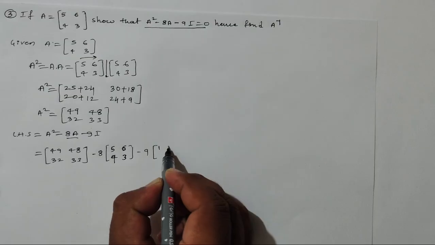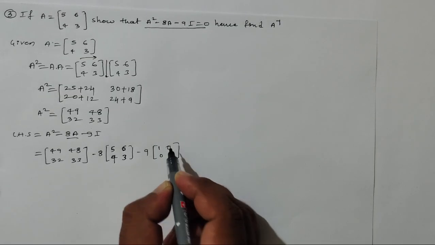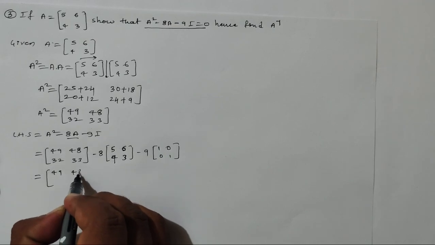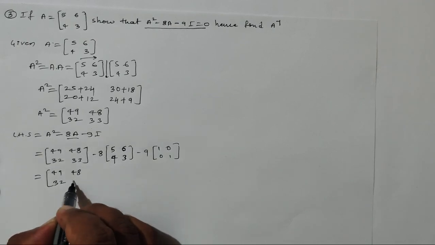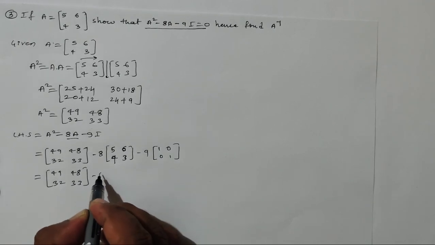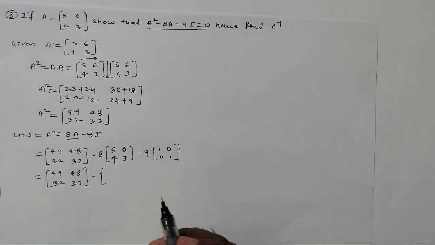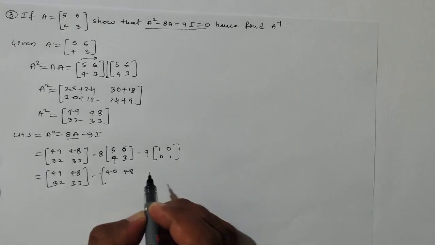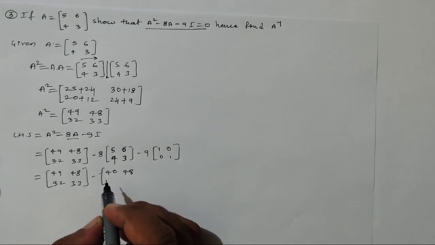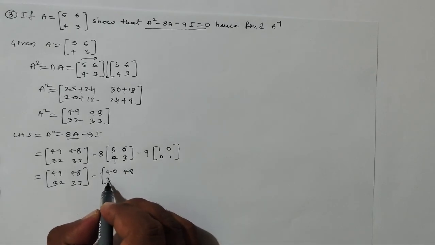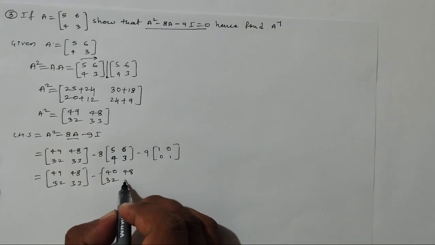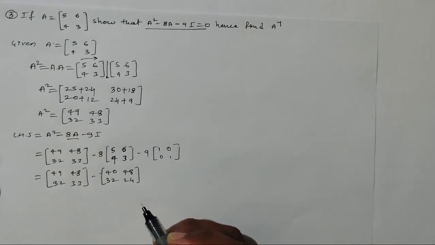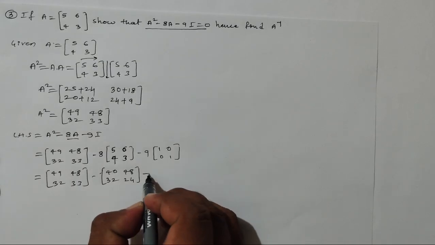So what is identity matrix? 1 0 0 1. That is equal to 49 48 32 33 minus, okay, 8 5s are 40. 8 6s are 48, 8 4s are 32, 8 3s are 24, minus